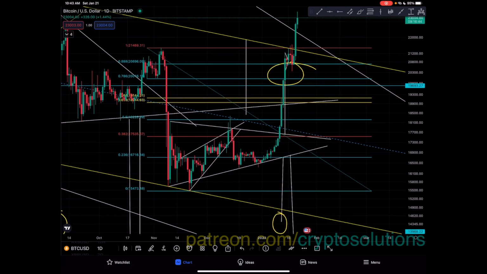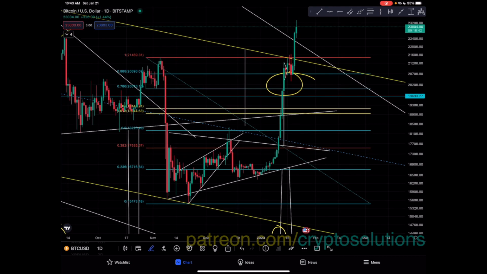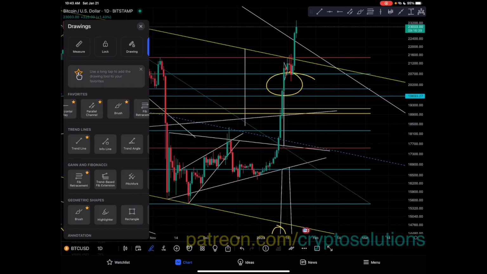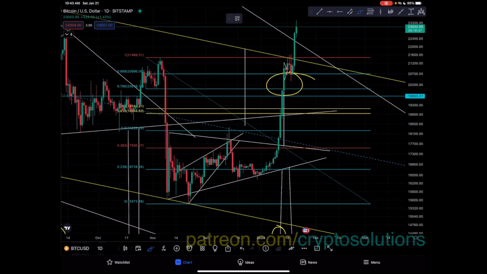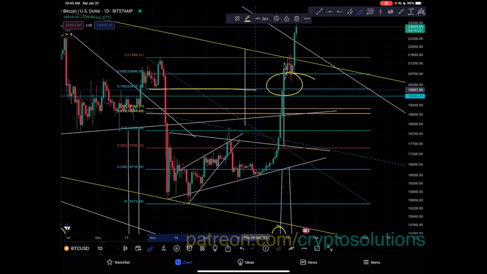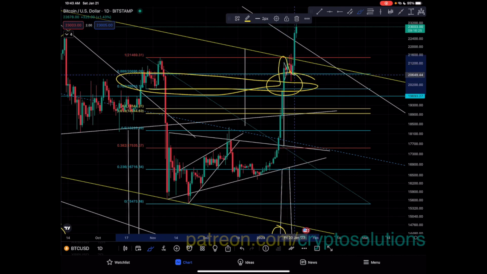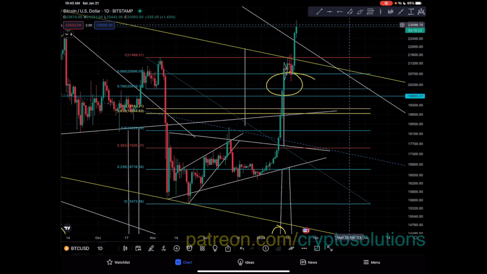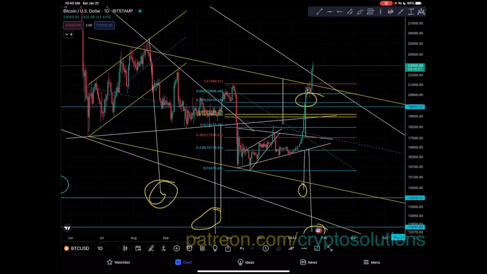asymmetrical triangle right here. I also mentioned, guys, that for this Bitcoin price to have a potential reversal scenario, the Bitcoin price has to stay above and find support above $20,016.16, and that also was met, and you can see the follow through like this. And so I want to show you guys that this is a potential bull trap. I'm going to explain why. I'm not saying that it is one, but I'm going to show you why it can be a potential one according to the technicals right here.